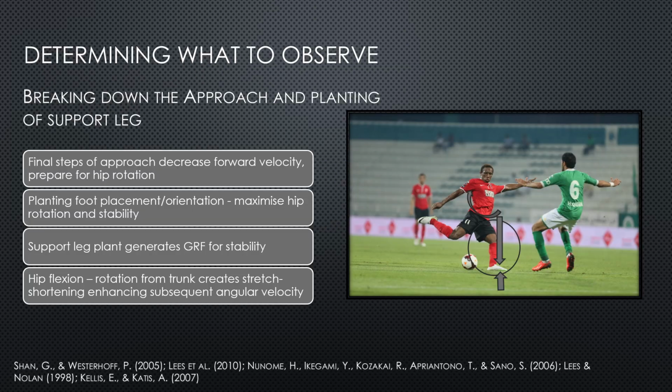During the approach and plant, the focus is on establishing a stable base and positioning the body to generate forward movement. Literature indicates that elite players adopt a controlled yet dynamic approach, optimizing stride length and trunk alignment to facilitate energy transfer through the supporting leg. Hip extension and contralateral trunk rotation prepare the body for rapid hip flexion that follows. The support leg absorbs impact forces and redirects them efficiently through the pelvis and thigh,